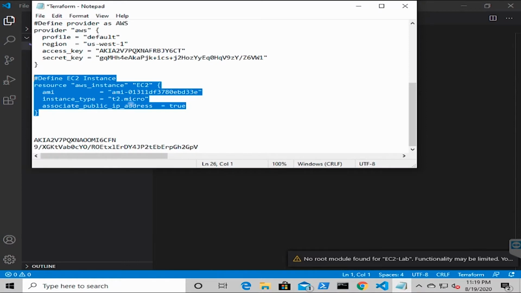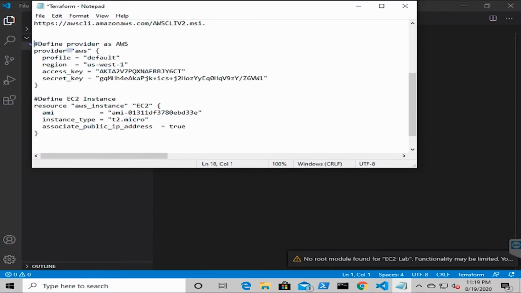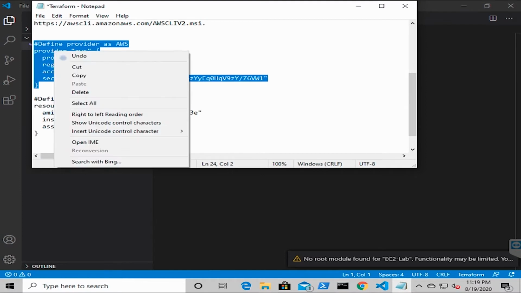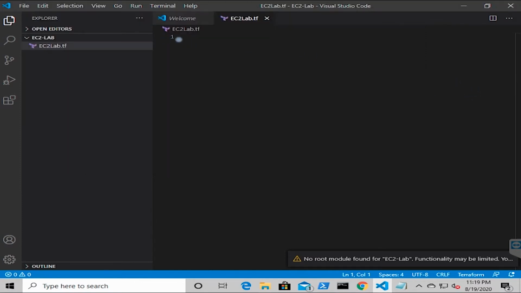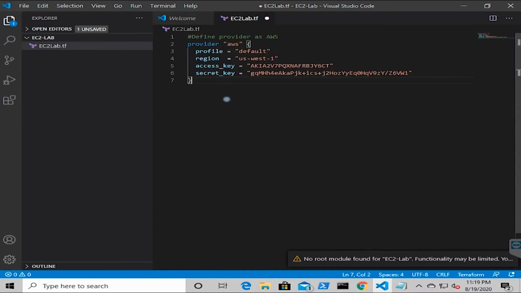The first configuration that we have is the provider configuration. Let me copy from here and paste it in here. This is the provider configuration. This configuration basically tells you which provider you are working with, either it's AWS, Azure, GCP, or Oracle. So this is the first configuration going in here. Provider is AWS, profile is default, the region that we will be configuring is US West 1, and this is the access key and the secret key that you are defining in here, which will help us access